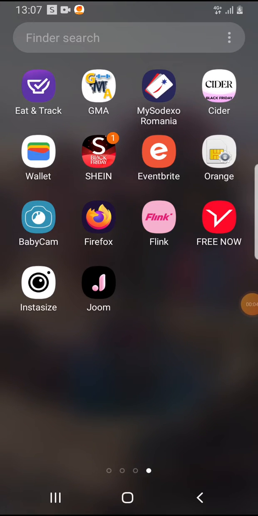Hello guys, in this video I'm going to show you how you can change the font size in the